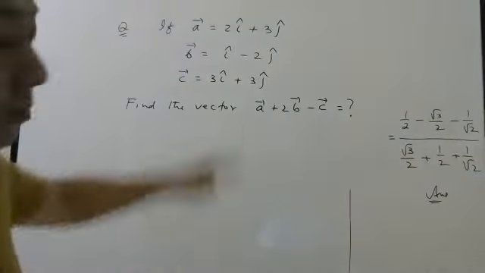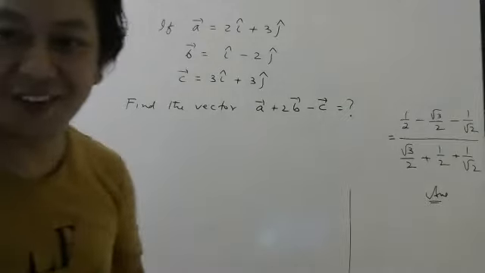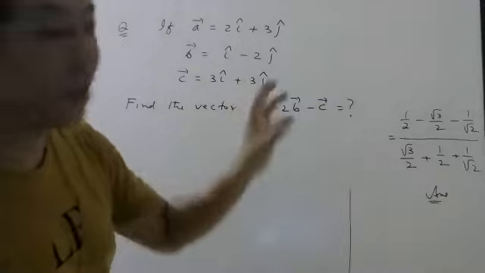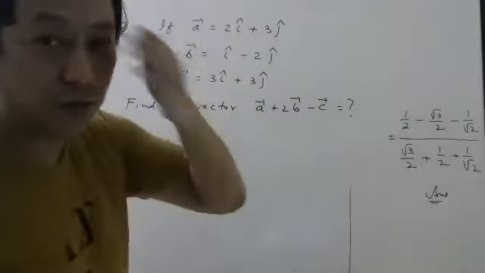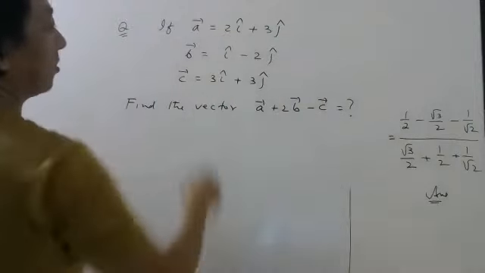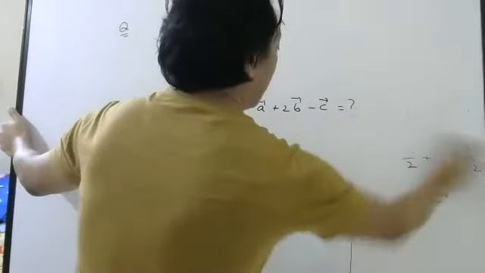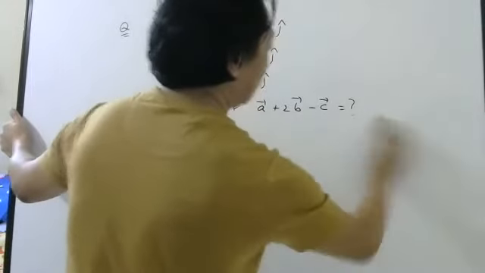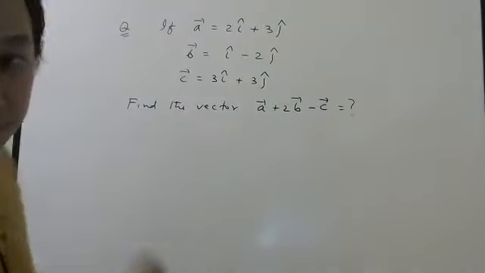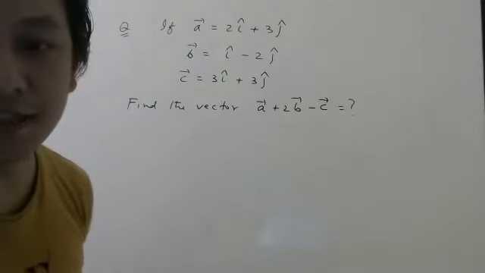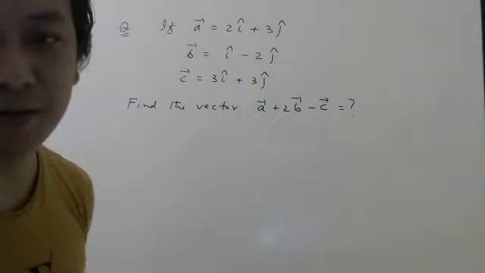Here no need to find components. I have not given a diagram or anything. I have given each vector in component form, so already you know this is the x component, this is the y component. Direct substitution, then simplification. And while writing the answers in the chat box, you can write i, no need to write i cap.